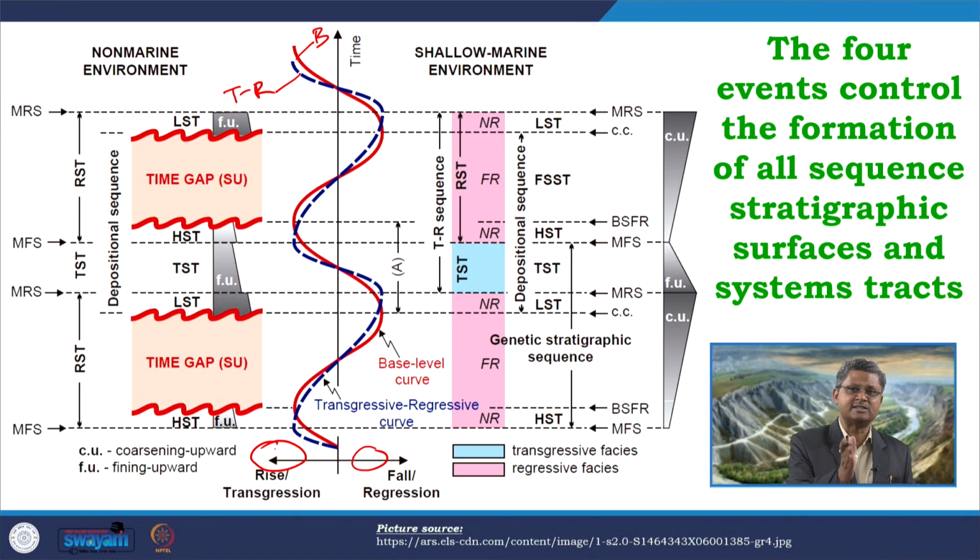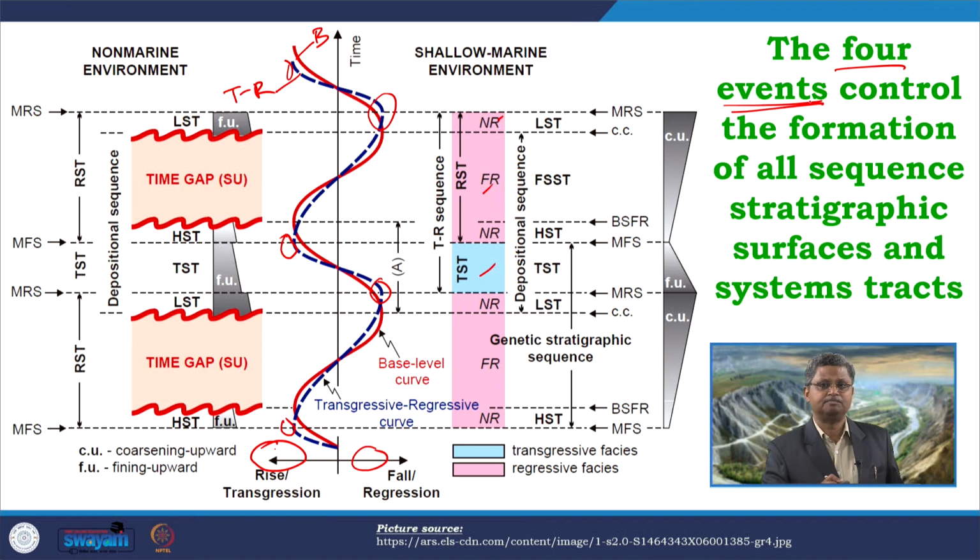So, this is the reference line, the time frame. Across this reference line for some time we are getting peak of the transgression, here also peak of transgression, here also peak of transgression. We are getting peak of regression if you follow the blue dashed line, and accordingly we are getting transgressive phases and normal regressive and forced regressive phases. So, based on this diagram and this interrelationship of the base level curve and the sedimentation, we can identify several systems tracts. We can identify 4 major events,